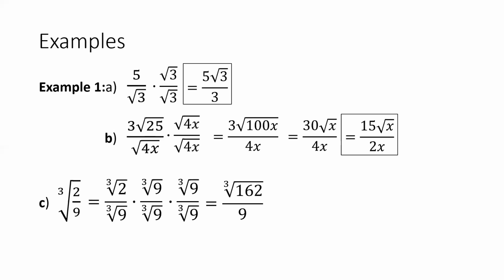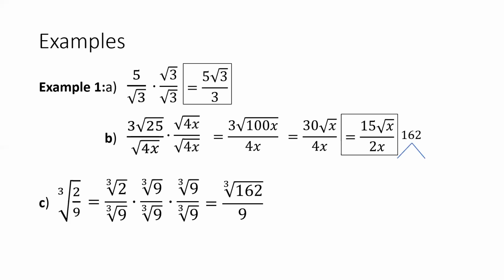So if I multiply everything out, the cube root of 9 times 9 times 9 gets me just 9. That was the entire purpose of it. I believe it's something like 279. Not super important. The whole purpose is that I was able to undo that cube root in the bottom. And then the top is 9 times 9 is 81, times 2 gets me 162. And now I have to simplify the cube root of 162,